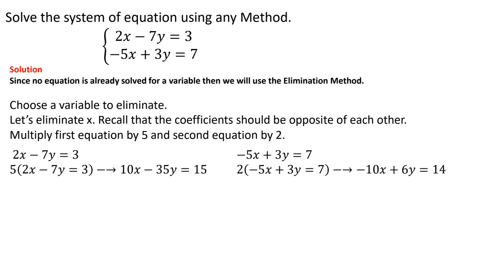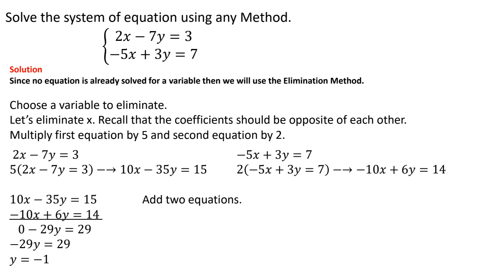So let's do the same thing for the 2 for the second equation. 2 times the negative 5x gives me the negative 10x. 2 times the 3y gives me the 6y. And then 2 times 7 gives me the 14. So now, when I add these two equations,